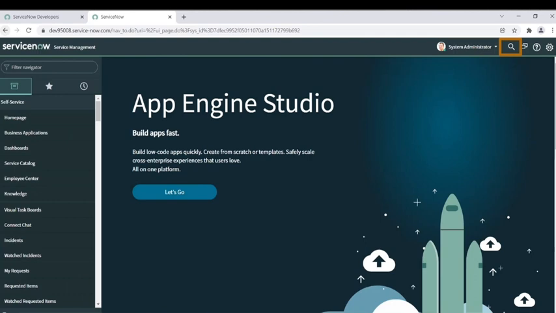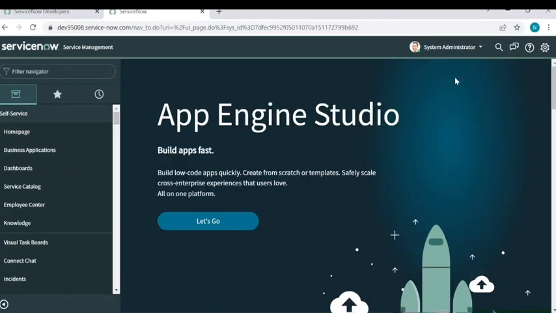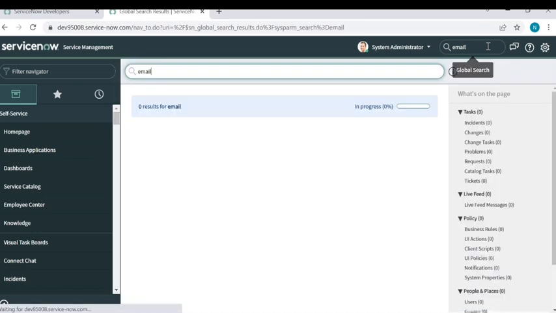The next highlighted part is global search. You can see the global text search icon. It finds records from multiple tables, that is, multiple record types, from a single search field. Let's see how it works. For example, if you search with a keyword like email, or any incident number or problem number, anything, then it will